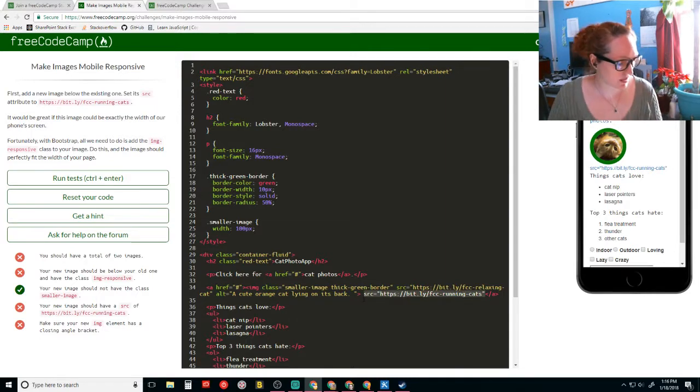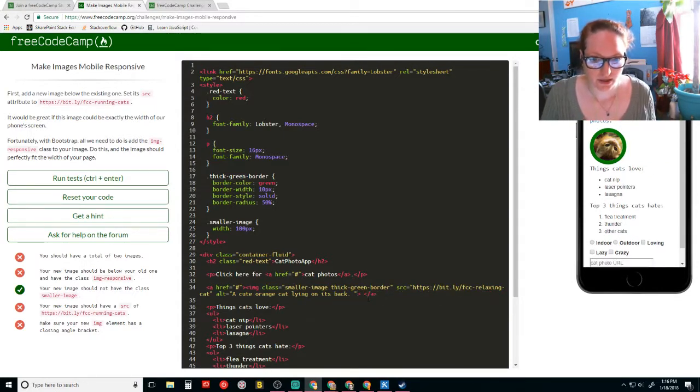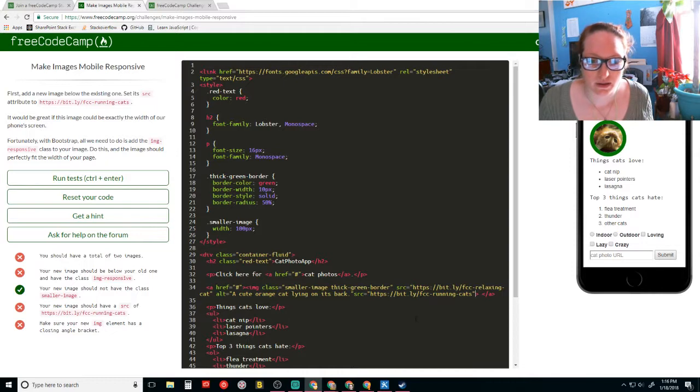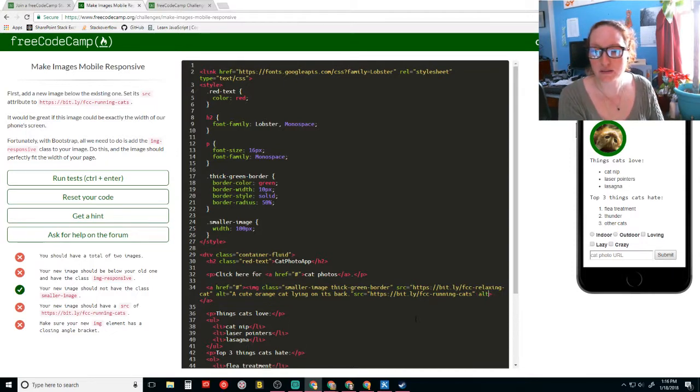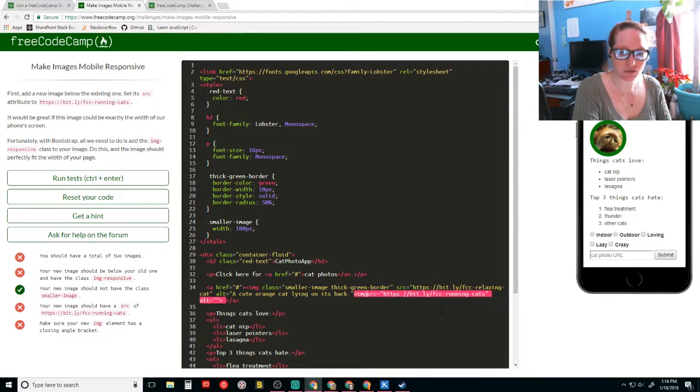It's gotta be inside here. I was close. Damn. Come on. X. Yep. Alt equals... I don't know. Okay, it should not have that class though, which means we need a new img here.